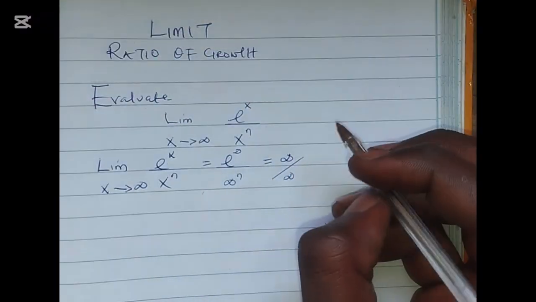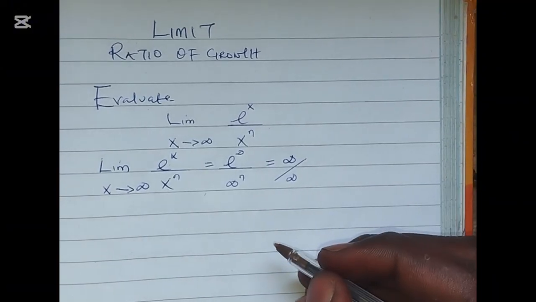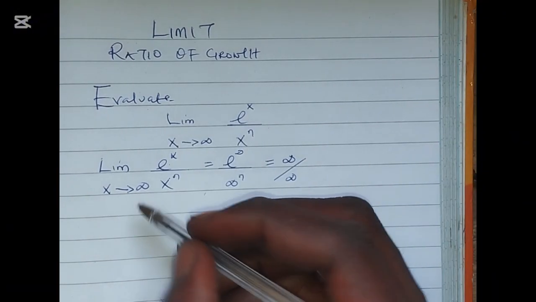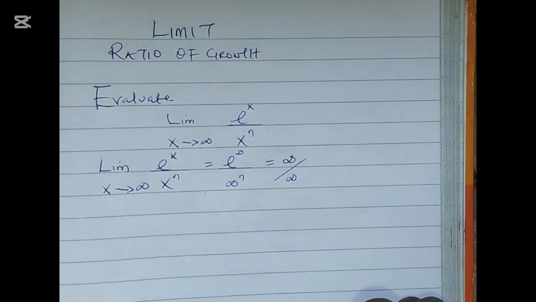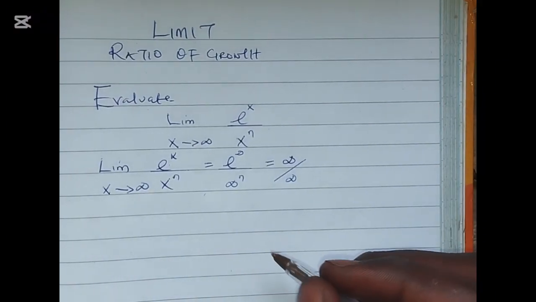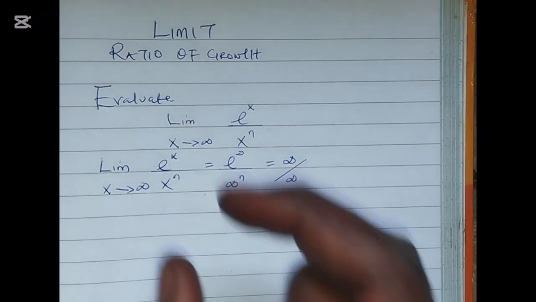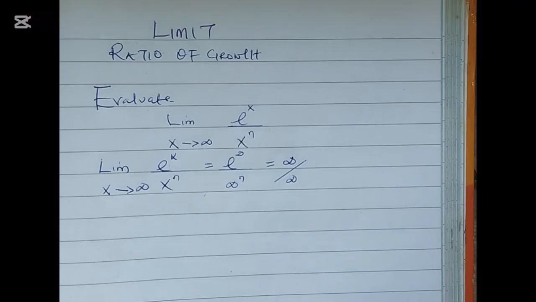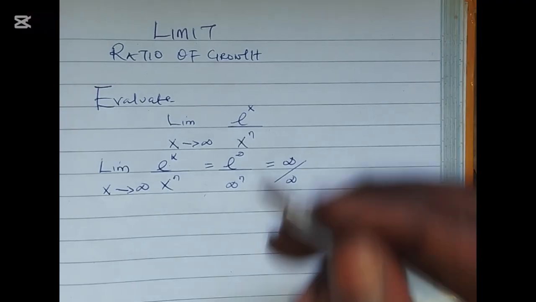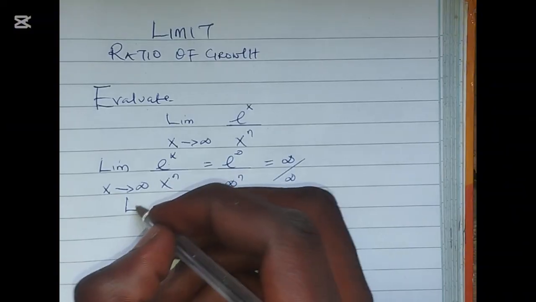Because we have this result, we call this an indeterminate form. That is, by plugging in x as infinity, we can't say anything about this function. So what can we do here? Is there a rule that allows us to solve this? Yes, and that rule is called L'Hopital's rule. So let's apply that to this function and see what is going on. So using L'Hopital's rule,